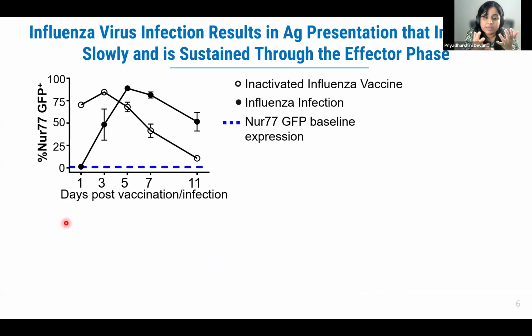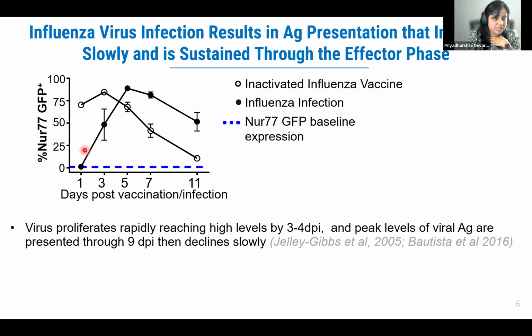And so we say, okay, why is this? What can we learn from infection? And so what we did in the lab was we did a very basic experiment. We gave mice influenza infection, and we transferred T cells that recognize a nuclear protein of the mouse called flu NP, TCR transgenic T cells, and these T cells express Nur77 GFP. So when they see antigen, they will light up green. And this is expression of GFP